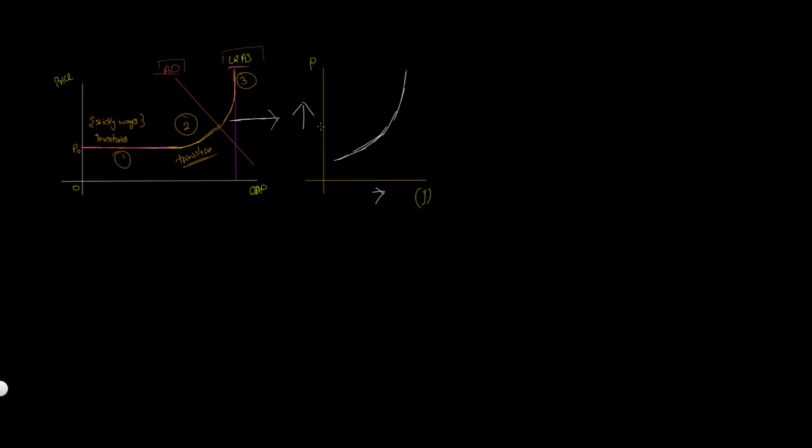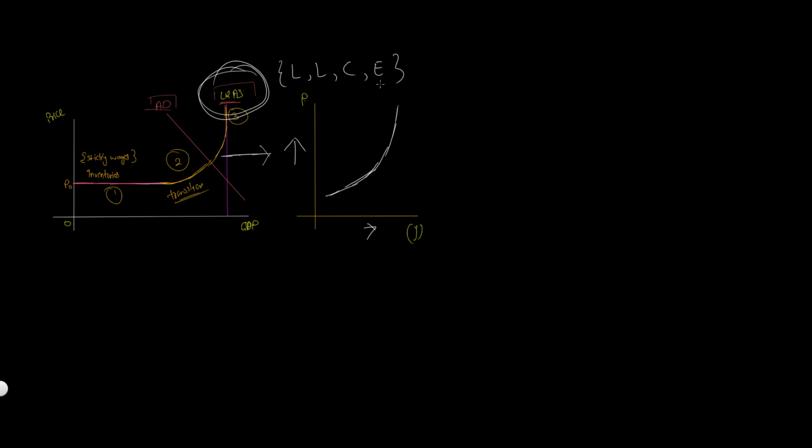For this, we first have to look at the meaning of the word aggregate supply. What does aggregate supply essentially mean? When we talk about aggregate supply, what we are trying to say is the theoretical potential of the economy. If we employ all the factors of production, land, labor, all the capital in the sense of machinery and equipment, and all the enterprise, which refers to the managerial aspect of the business, we should reach this theoretical output. In the short run, because the Keynesians mainly talk about the short run,